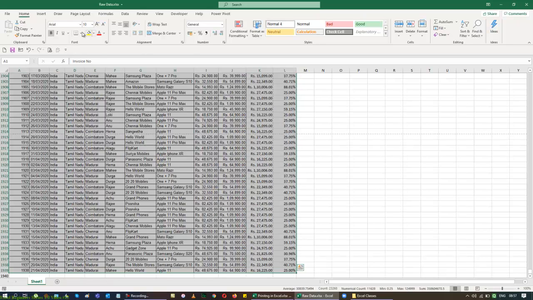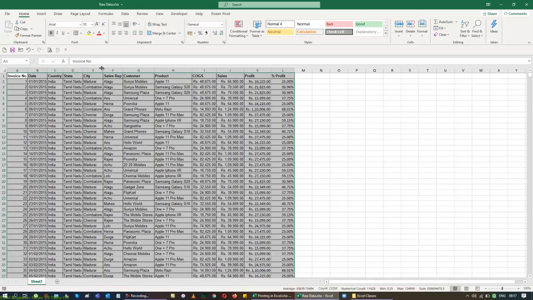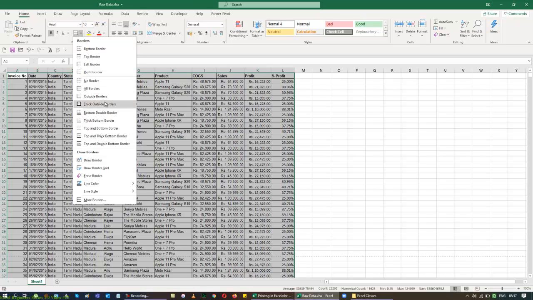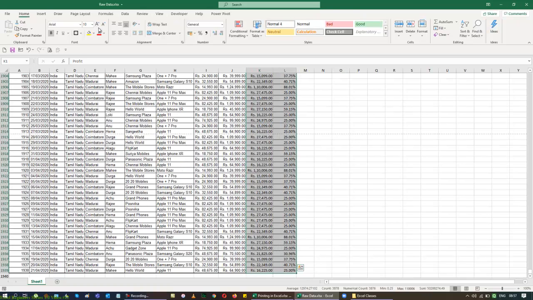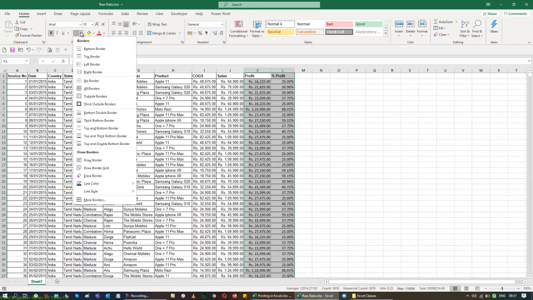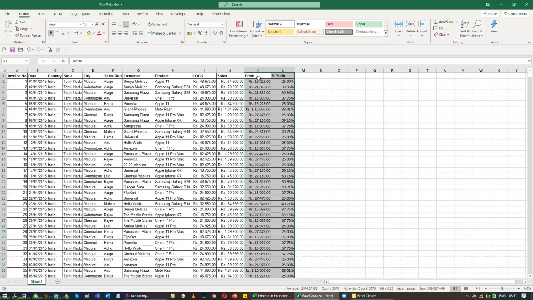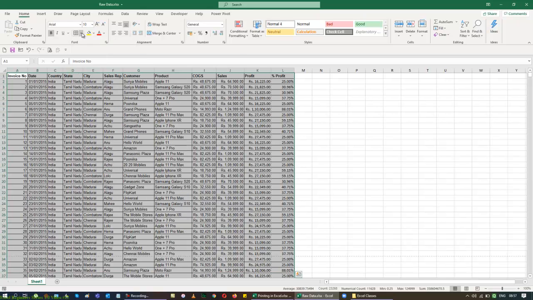So select the whole list, go to your all borders. If you want to make it thicker, you can add even a thick border to the outside of the data. So now my data are done perfectly. Let me just add one all border and then I'll leave it as this. Then I can see that I can get the outside borders also. So all borders one more time and outside borders another time.